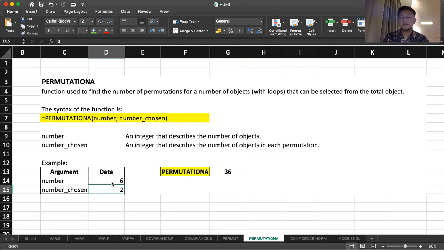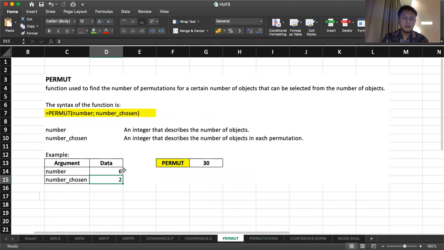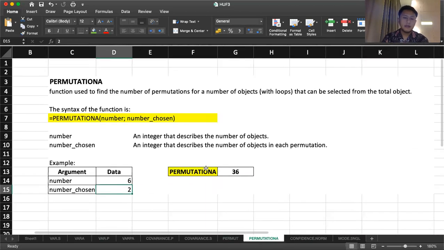The result is 36. Yeah, it's a bit different from the original permutation before. When we put 6 in here, the permutation is 30. And then when we put number 6 in the PERMUTATIONA, and the number chosen is 2, the result of PERMUTATIONA is shown as 36. Okay, and then